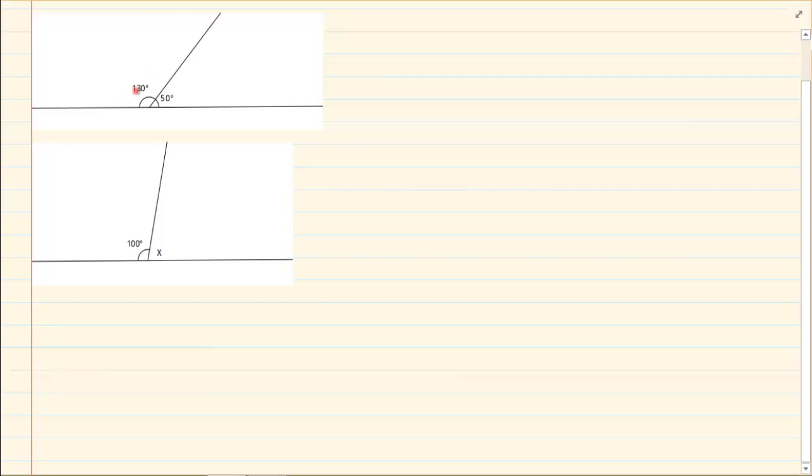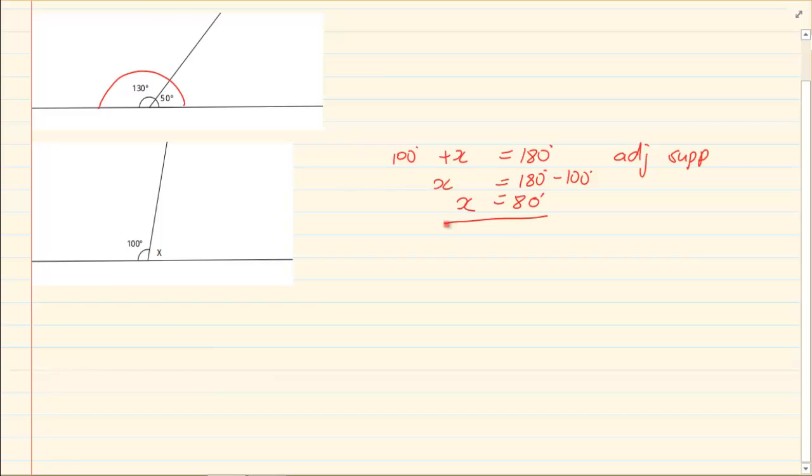If you see here, this is 130 degrees plus 50 degrees, which is showing me it's 180 degrees. So what can I say about this one? 100 plus x is equal to 180 degrees. Why? Adjacent supplementary. Now at the adjacent supplementary, I can solve for x. X is equal to 180 minus 100, which is equal to 80. This is your normal standard solve for x. If you're not okay with your solving for x, you have to go under your section solving for x and master it. You need to go under your algebraic expression to know your factorizing and then to continue.